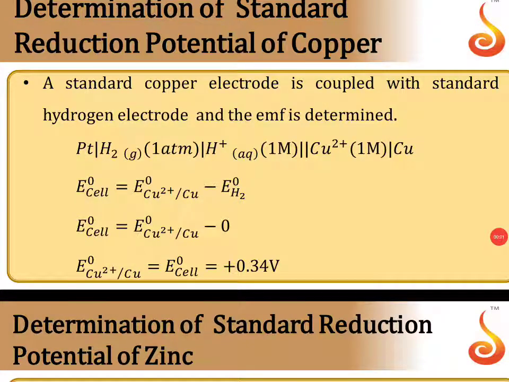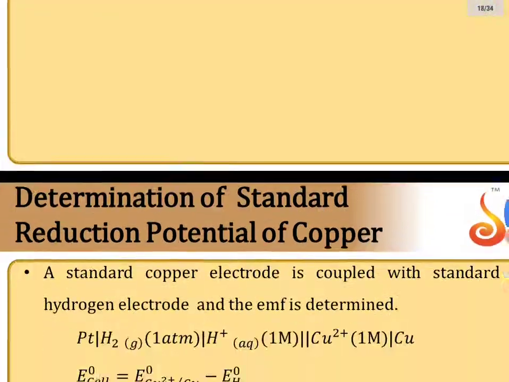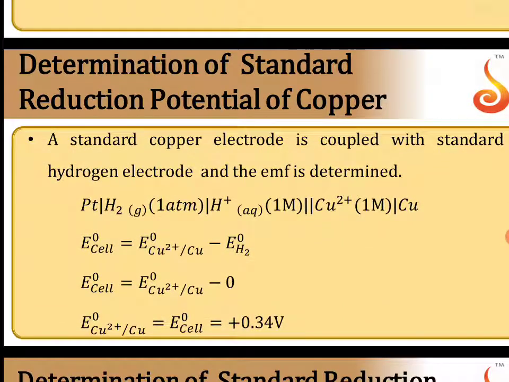Now, children, this is lecture 6.06 PU part, slide number 18. Slide number 18. Now, when you couple copper with SHE, when you combine copper with standard hydrogen electrode, the question here is, you do not know the EMF value of copper. Assume you have a textbook which gives that EMF of copper is plus 0.34. Supposing you do not know.